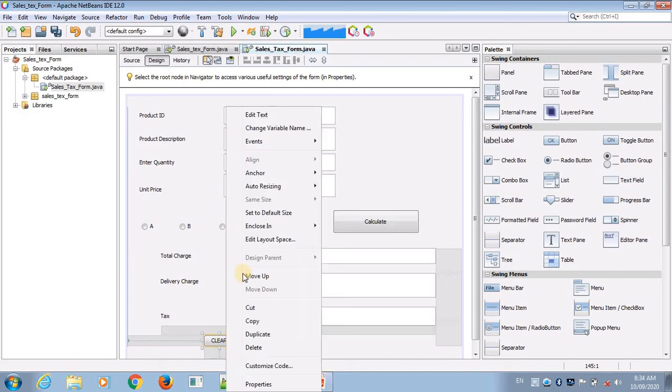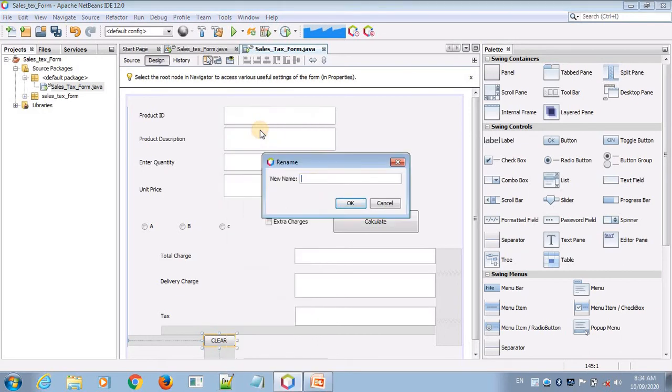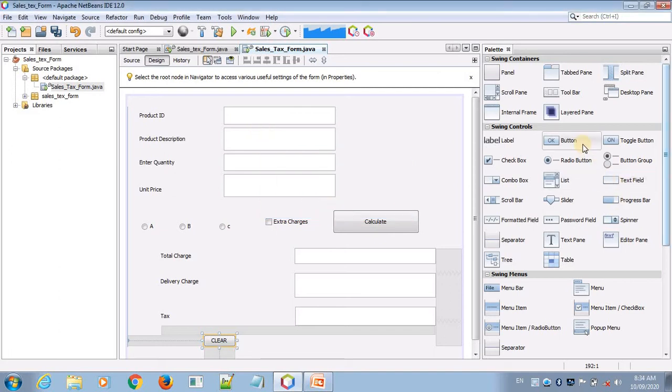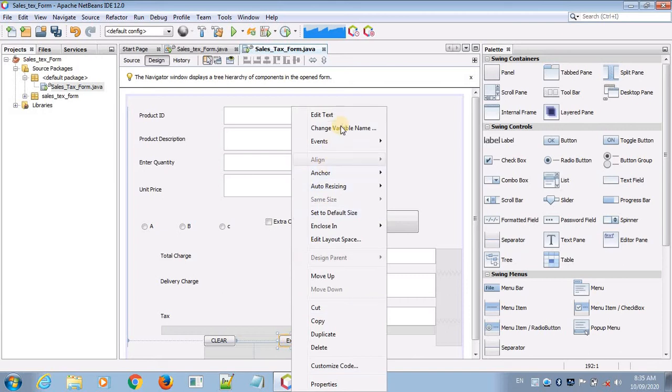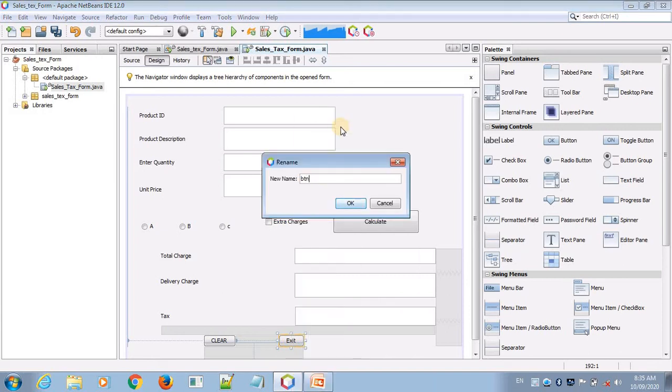And add the variable's name btn underscore clear, and another button is needed for exit. Right click here, change the variable's name to btn exit.